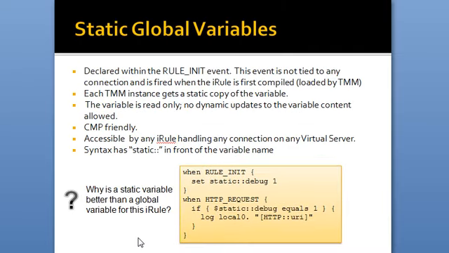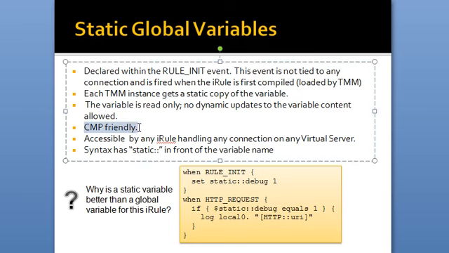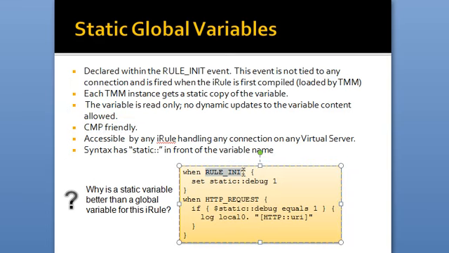Static global variables are similar to regular global variables, except that one, they are CMP friendly, and they must be defined in the rule init event, and the syntax is such that the name of the variable must begin with static::